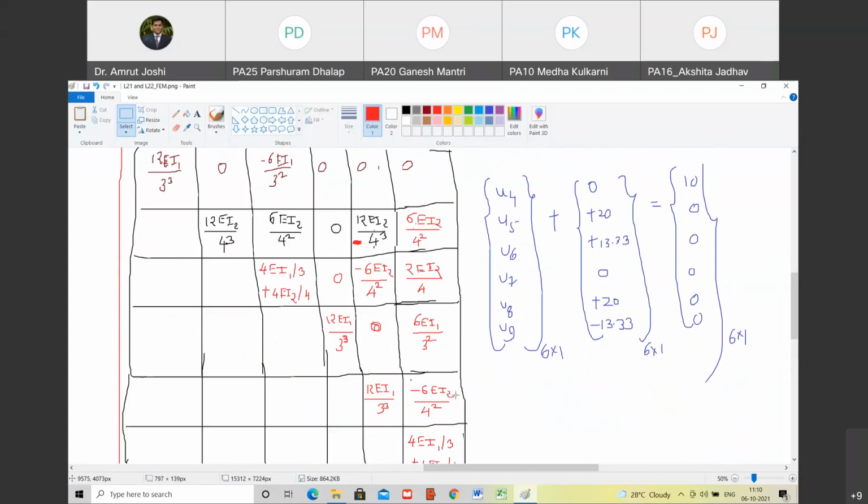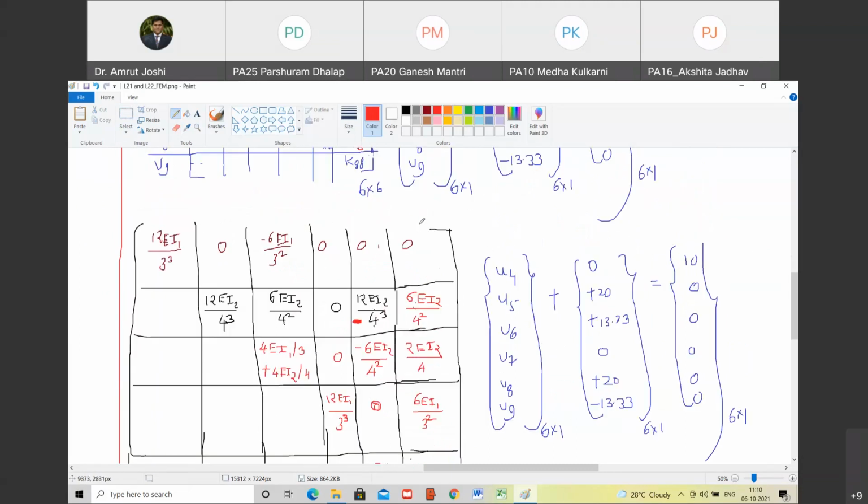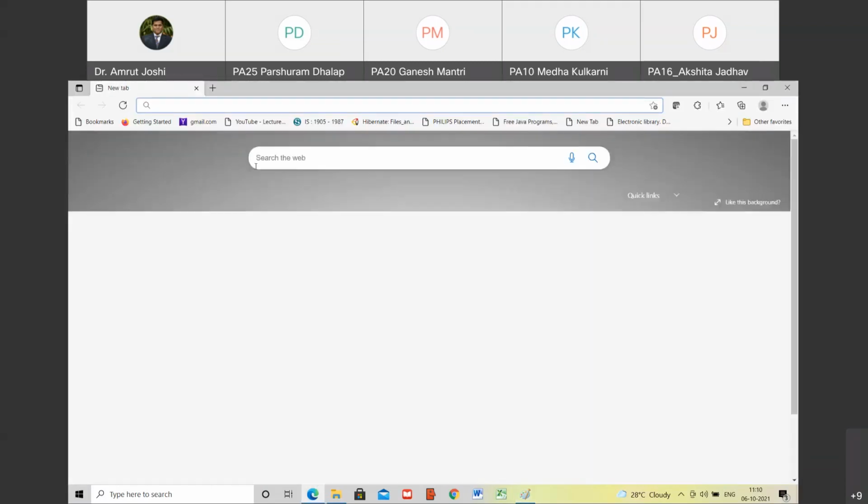So the equation is done. Now to solve this equation, we are going to say EI1 is equal to EI2, so that I can take EI common. Happy? Yes, sir. We have derived it for the general case, but if EI1 is equal to EI2, I can take EI common and then solve this equation. How are we going to solve this equation? Very easy. We are going to use online tools. Let us solve it today and then stop in 1 minute.